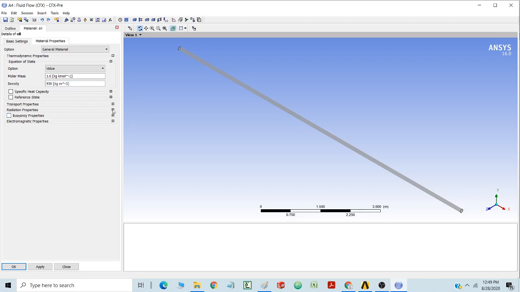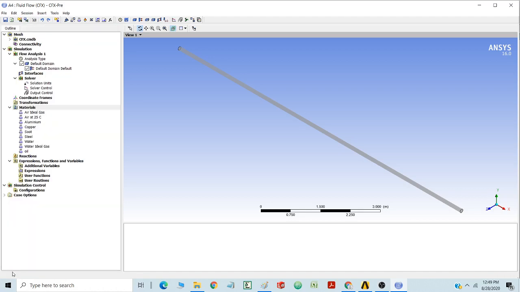Now in the transport property, you can see dynamic viscosity is there. So I am going to click the dynamic viscosity, and I am going to write the value of dynamic viscosity equal to 0.1 Pascal second. You know 0.1 Pascal second is the same value. Here I have the same unit also, so I am using Newton second per meter square equals 0.1. Then I am going to apply it and okay. I feel there are no more properties needed for solving this problem.